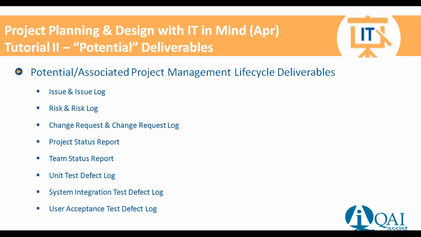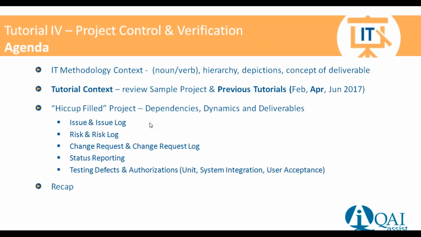Now, in the planning stage in April, we weren't going to populate any of this, nor was any of the team going to populate this. We are just going to, as a project manager, make them available. So as we got executing the project, these deliverables were open and available to the project team so that they can populate them as they required. So that then gets us to June.